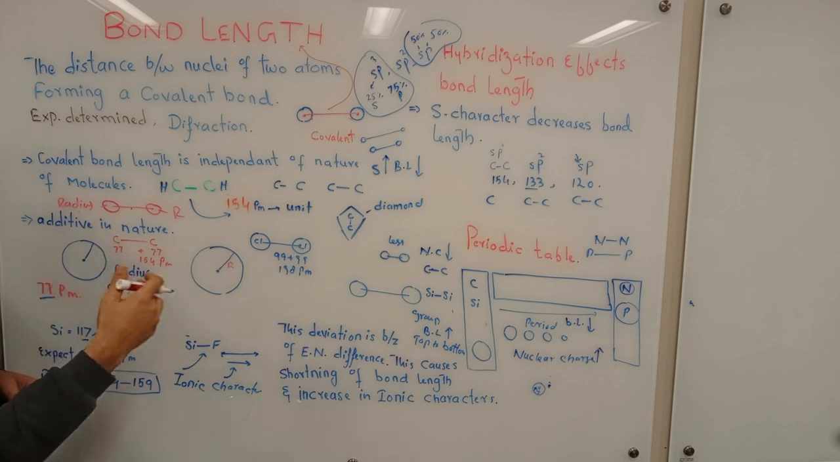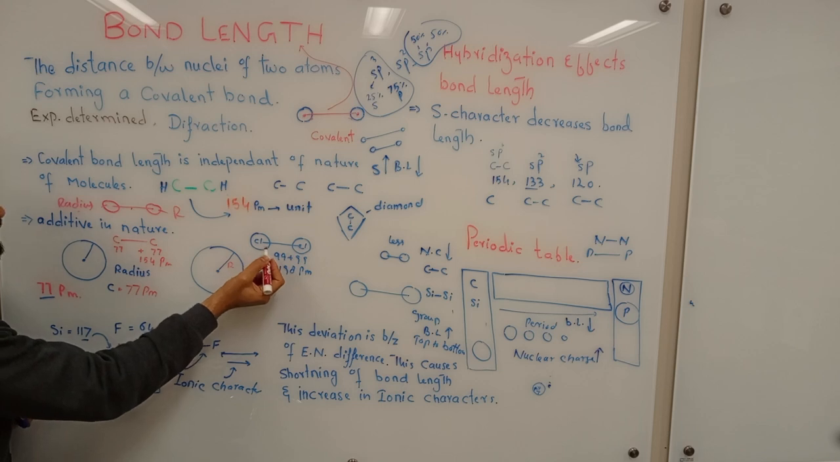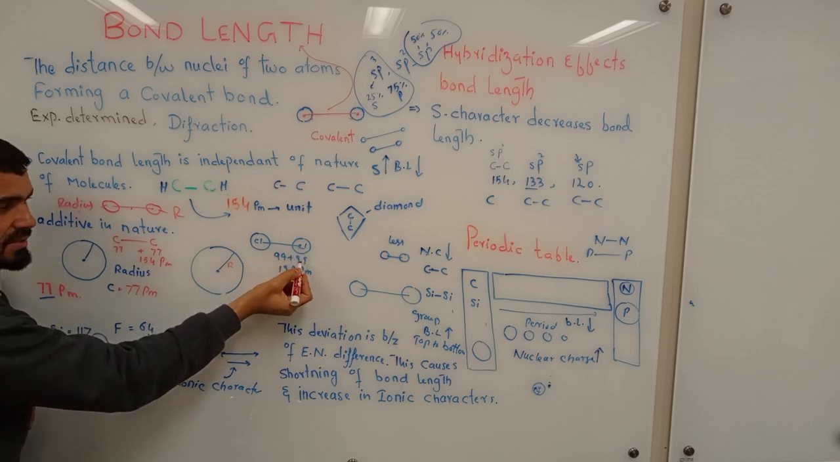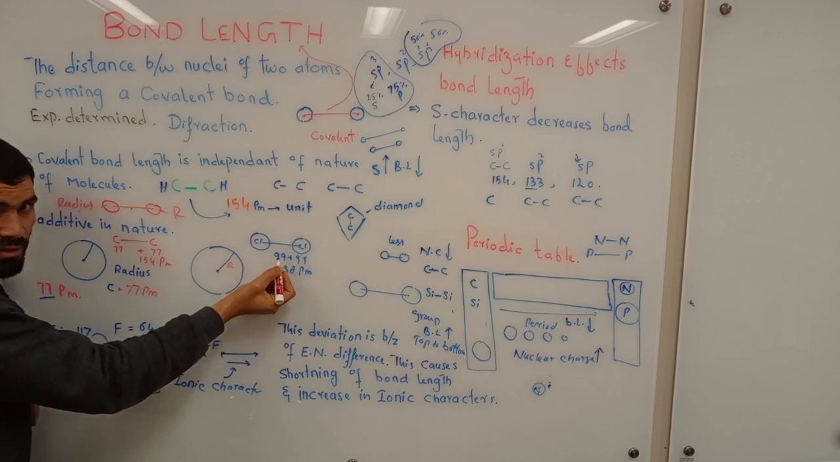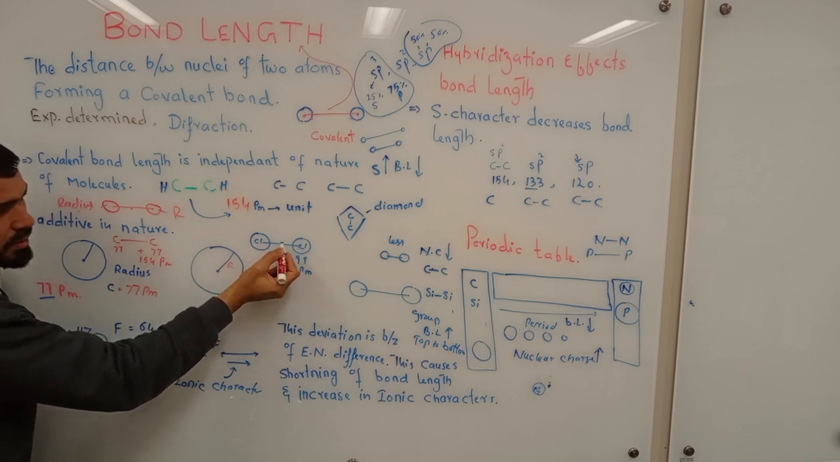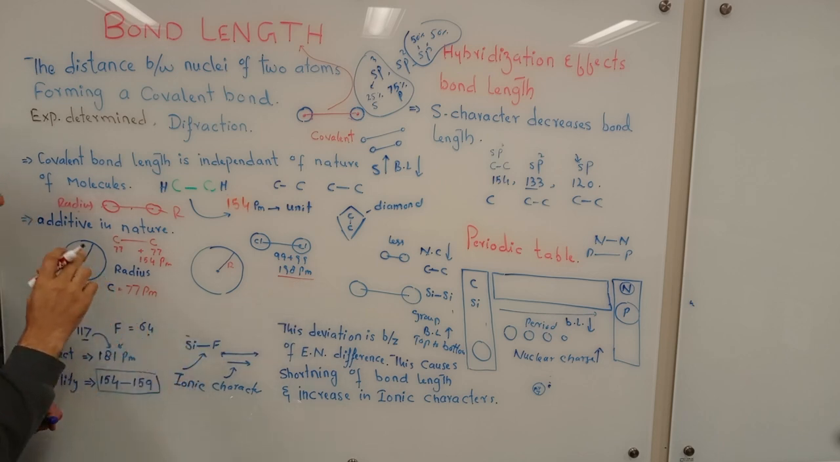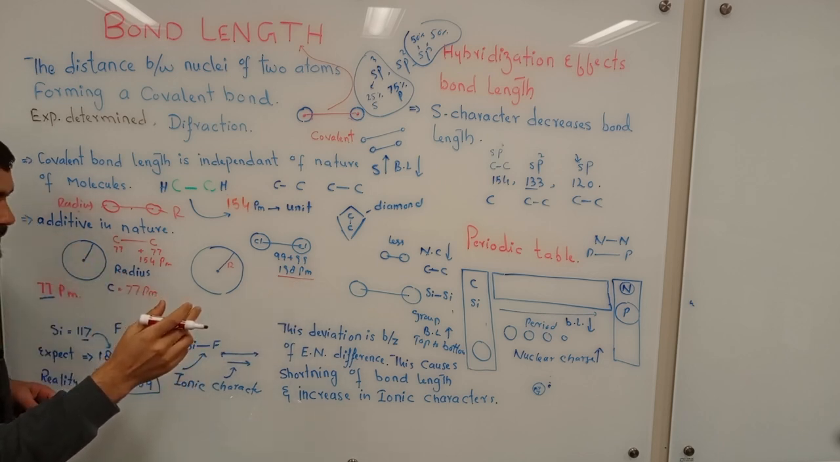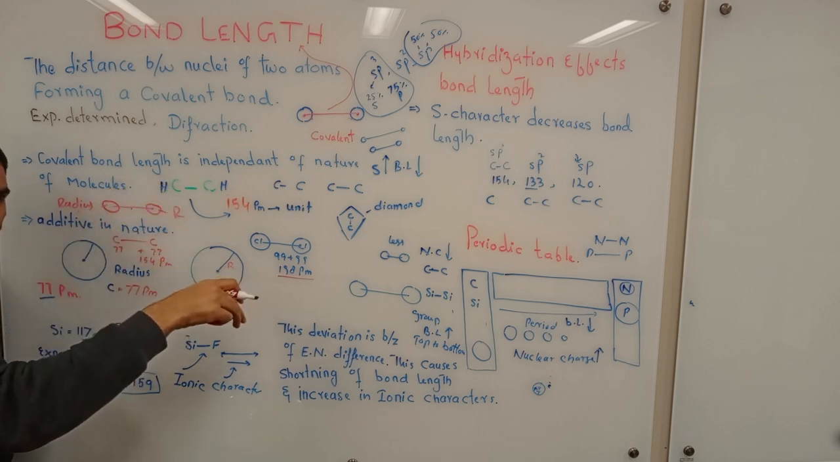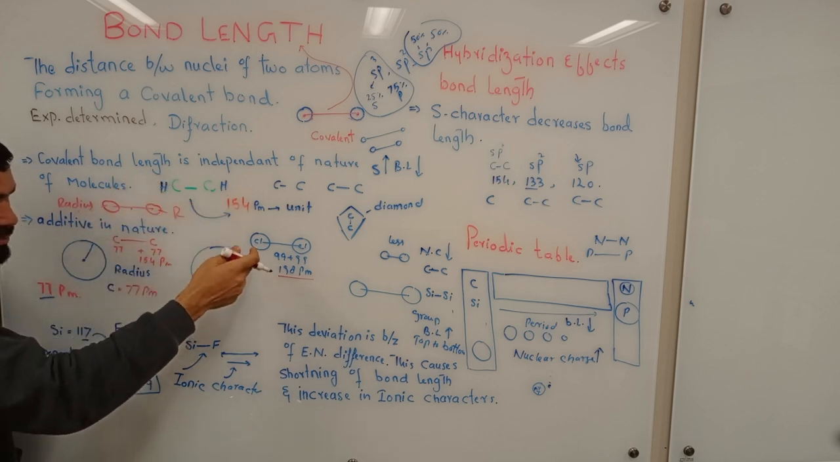Like for chlorine, you can go the same way. This is the example of chlorine. One chlorine atom radius is 99 picometer. Another chlorine is also 99. So the two chlorine bond length will be 198 picometer. That's simple. Now the interesting thing that I'm going to explain is there are some cases where you cannot